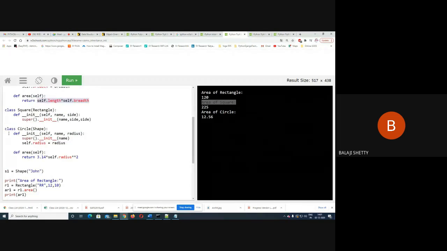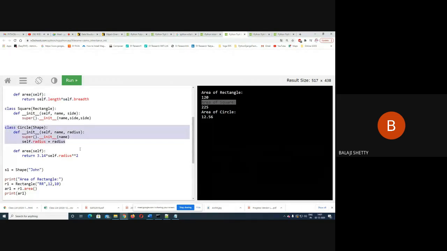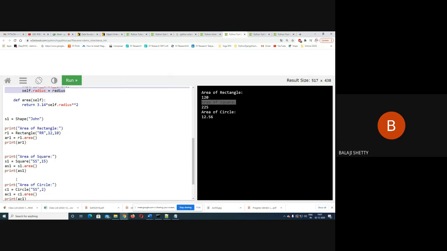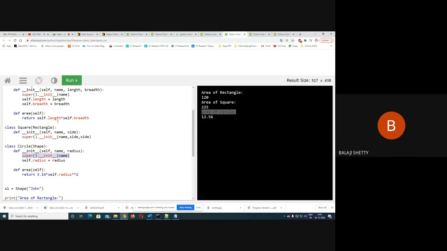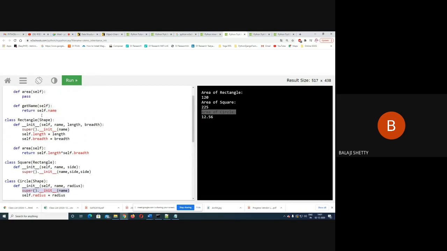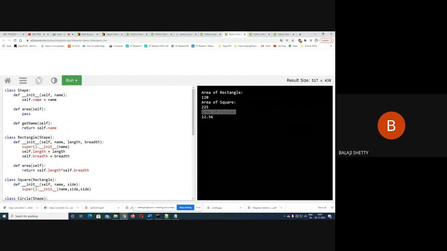And next is class circle. Area of circle. S2 equals circle. It jumps to the circle object. It calls the superclass of name, shape. It jumps to the shape object directly here.